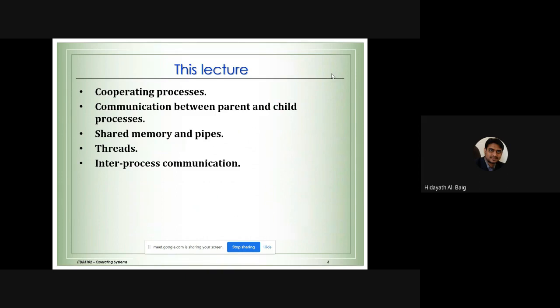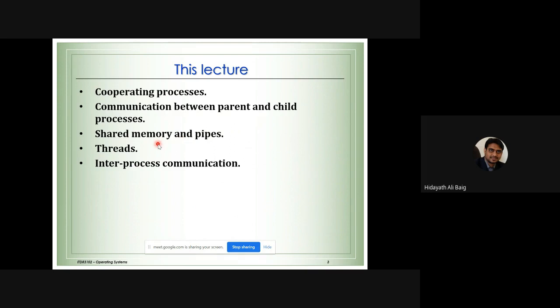Okay. So in this lecture, we are going to discuss how processes cooperate with each other. What do we mean by cooperating with each other? How do they communicate with each other? How do they share data with each other? Now, when we have the parent and child process, how do they establish a link for sharing of the data? We are going to understand. And there is another concept called sharing of memory with the help of pipes. This concept is from Unix. I will show you the example of how Unix shares the memory.